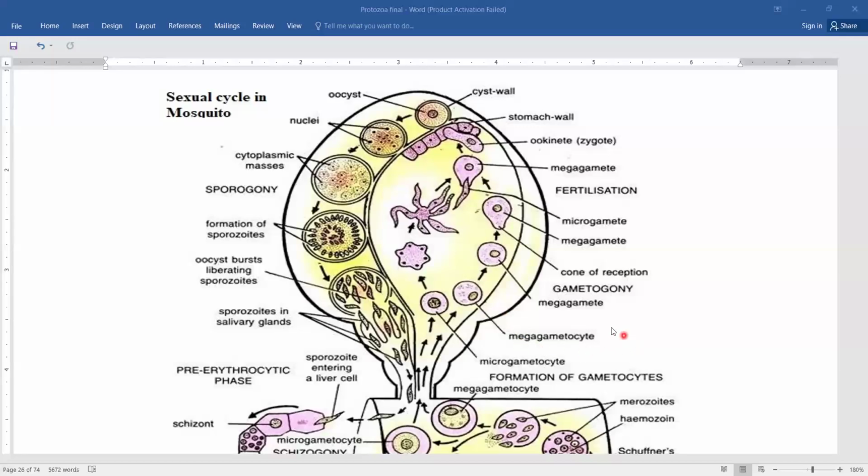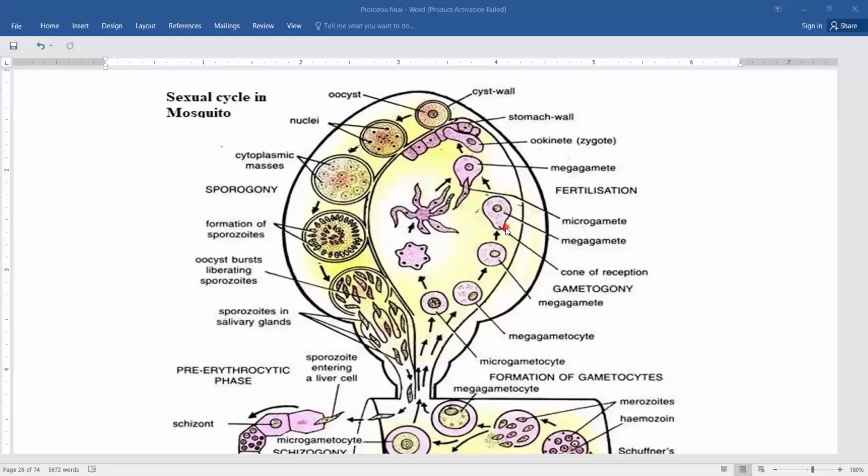Whereas the megagametocyte, which is female in nature, is slightly bigger than the microgametocyte, but its nucleus size is smaller. In the beginning, it increases slightly in size, and then a protuberance-like structure called the cone of reception is formed on one side of this megagametocyte